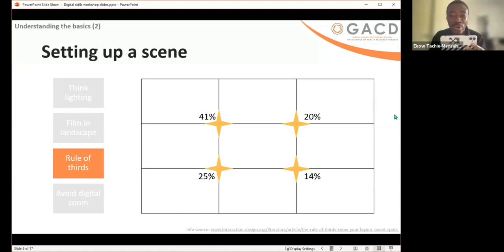If you're using a camera or the phone, ensure that the subject is in the right frame. And if you're using a camera, you'd realize that it makes things easier because with the camera, you can actually see the various boxes. And then it shows you exactly where your subject will be and where to take the shots when you're using a professional camera.